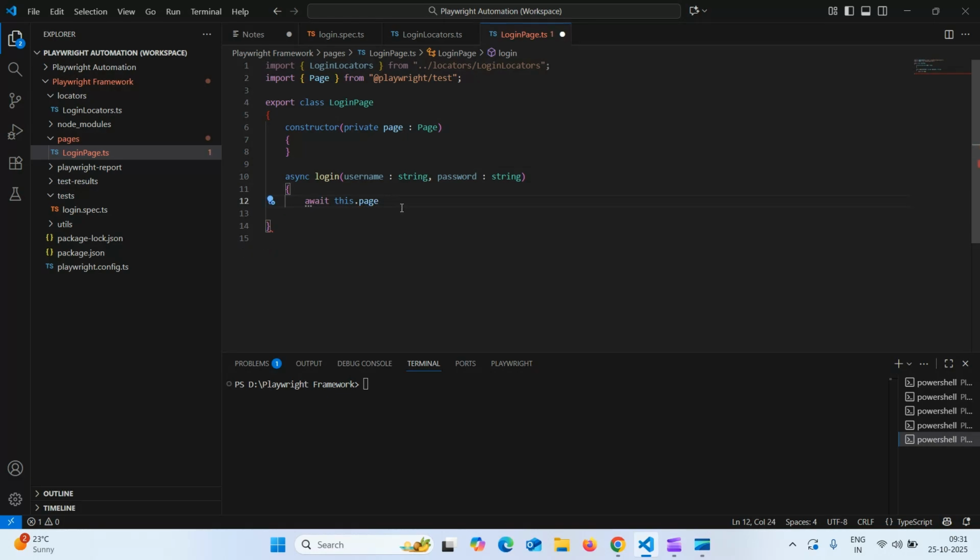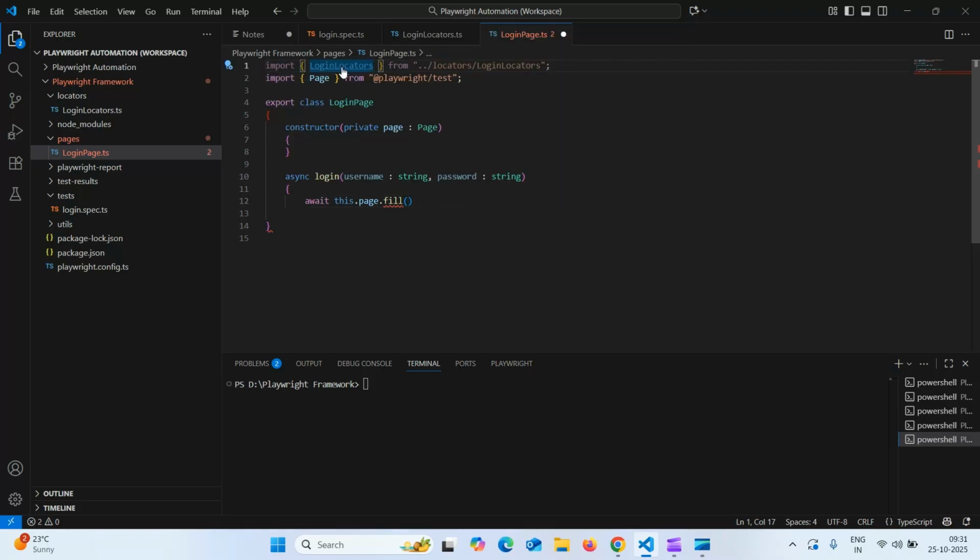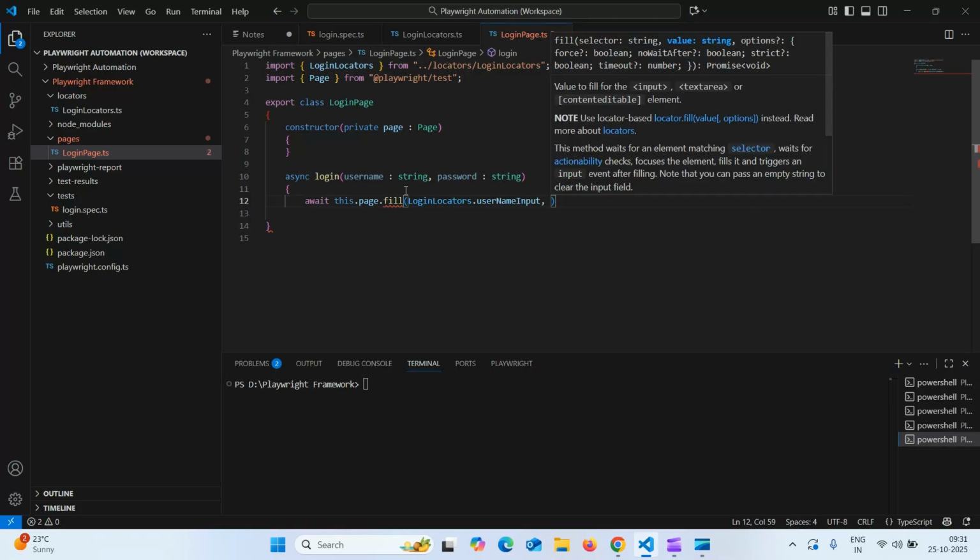Now what we want, this start page, we want to enter the username. So dot fill. In order to fill we want two things, one is the locator and the username, correct? So where is the locator? Locator is inside this login locators. So take the login locator object, copy. So fill login locators dot, in that object what we want username. So select username and we want to pass this value